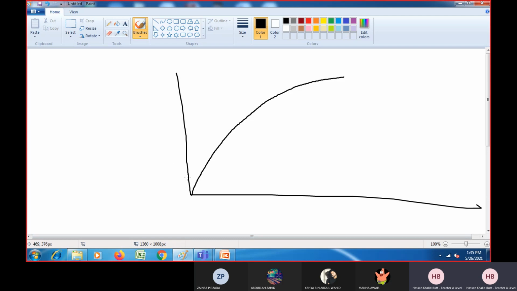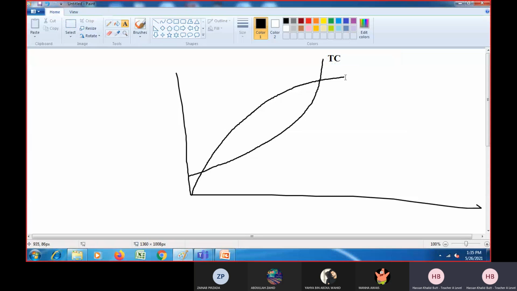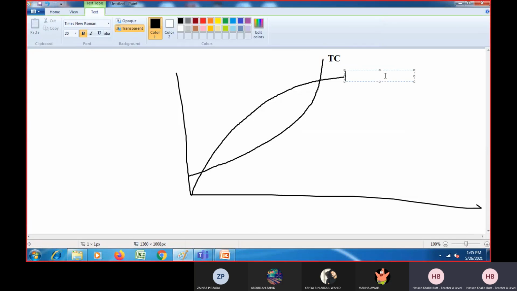Okay, and total cost curve, they are like this, right? So this is the total cost curve, and this is total revenue. There is a reason, but again, we do not need to know the reason about it. Again, because as far as O level is concerned, it's not required, because otherwise I have to explain too much there, which is not relevant.